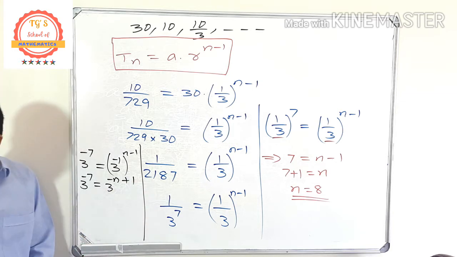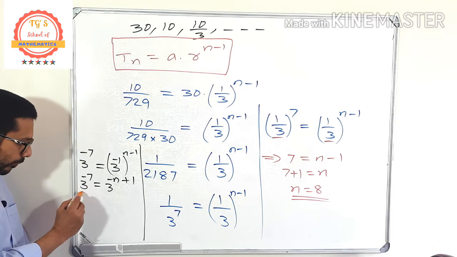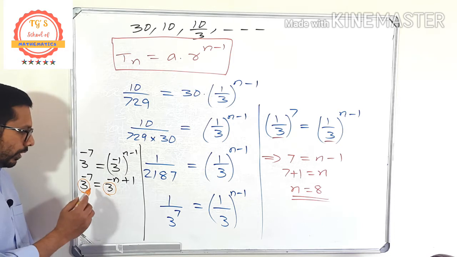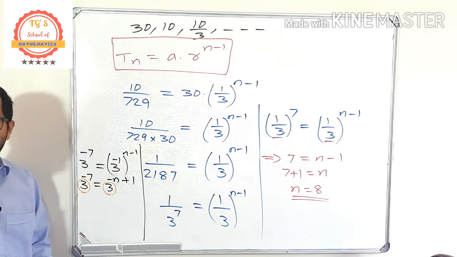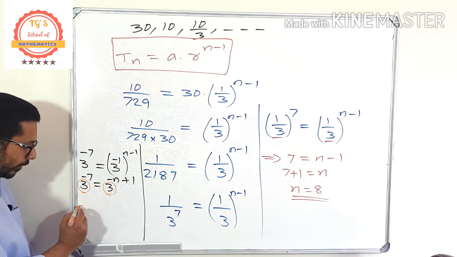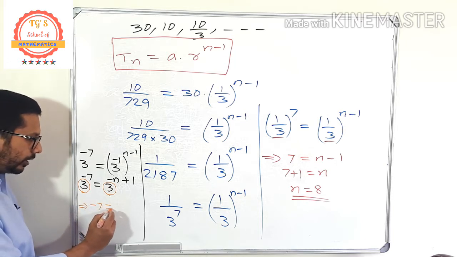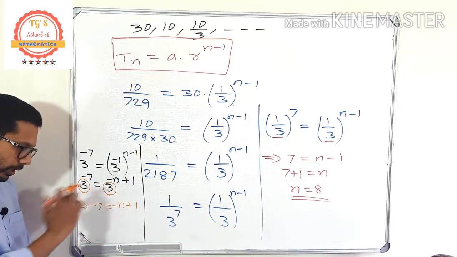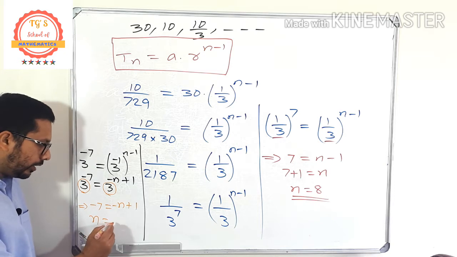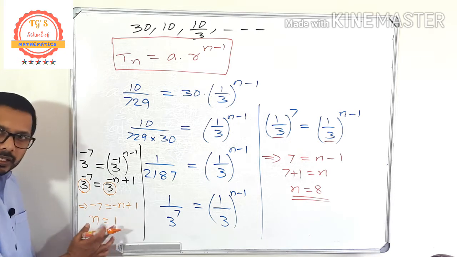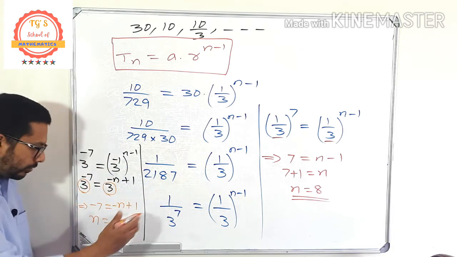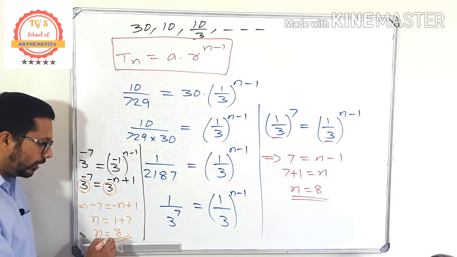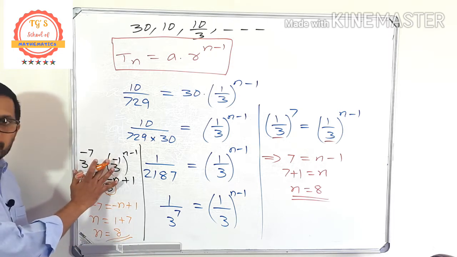So in this case also you can see that now the bases are the same. Am I right? Here the base is 3, here also the base is 3. Okay, so now we can equate the exponents. It implies that minus 7 is equal to minus n plus 1. Take this minus n to this side. So it is positive n is equal to, there is 1 here on the right side. Now take this minus 7 to that side. So it is plus 7. So there you can see that 1 plus 7 is equal to 8. So like this also you can do the same question.